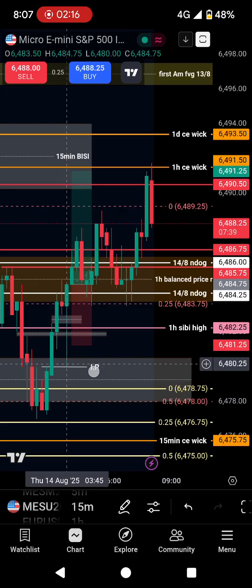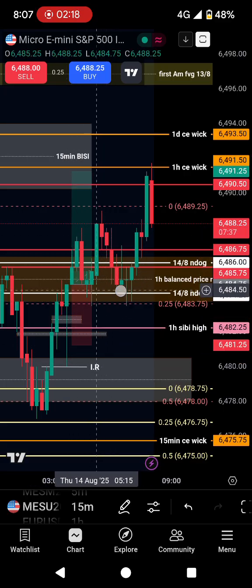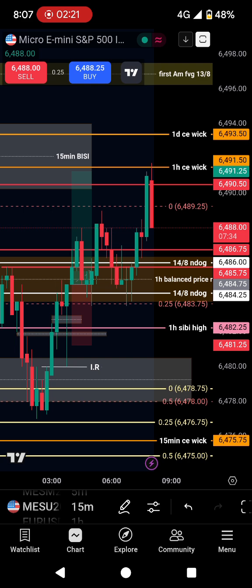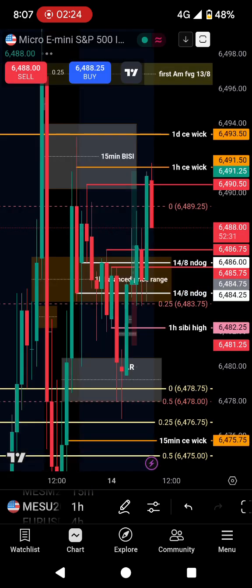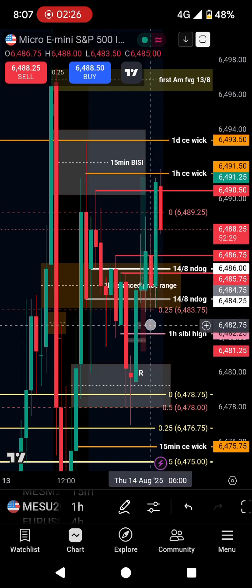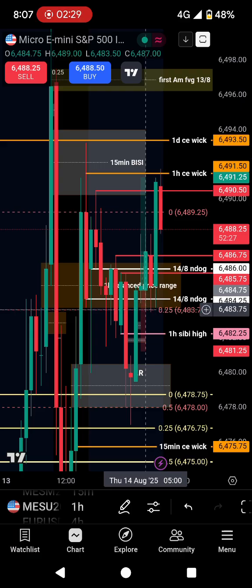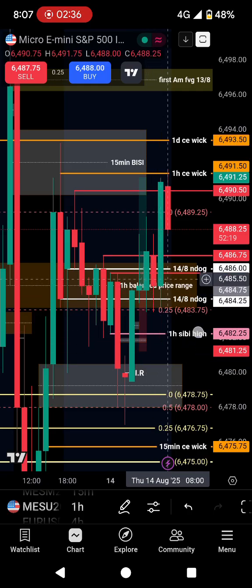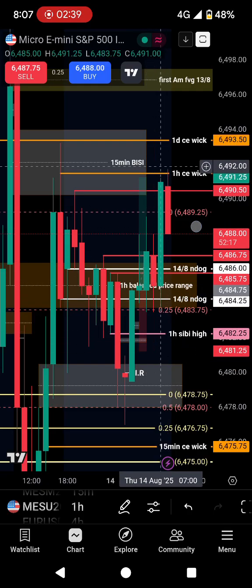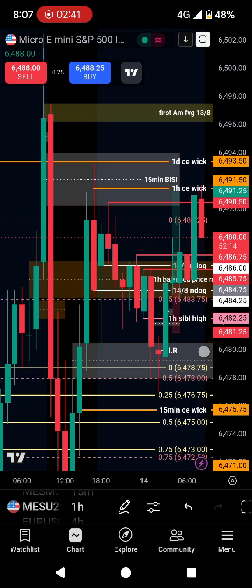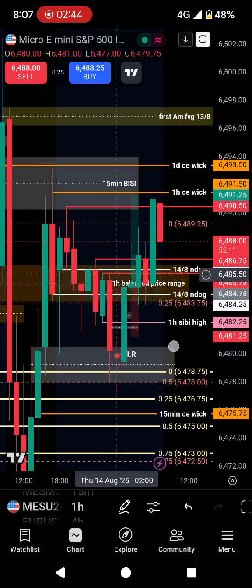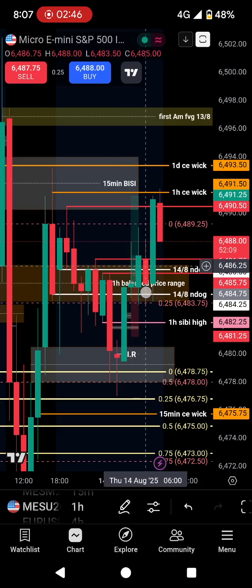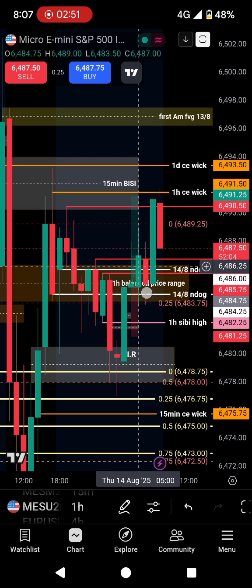This is the 15 minute chart. Created that 30 minute immediate rebalance. Then hold in that, see close above, so you can see on the 1 hour chart. Here, you see, as soon as it closes above the 1 hour balance price range, which is at 5 o'clock, which is at 6 o'clock, as soon as it closes above it, come down, spool to the 1 hour CVIC. So do you see it right now? So I bought this tell story. When it was holding inside here, even this candle will do nothing. But as soon as this candle closes, which is the 5 o'clock candle, meaning at 6 o'clock it closes, then